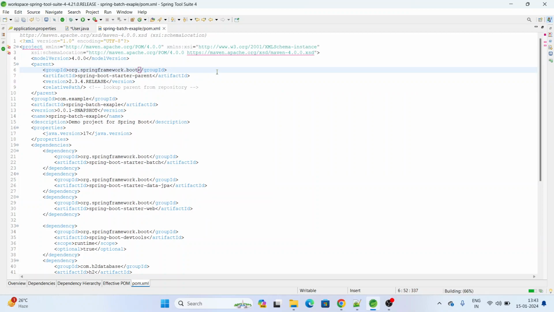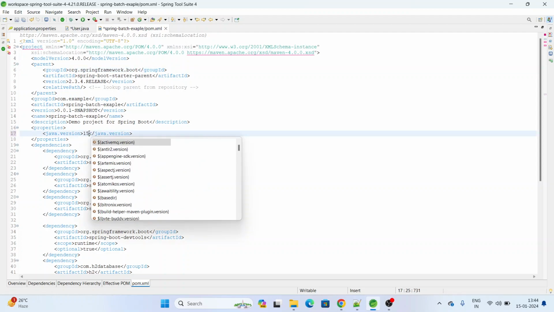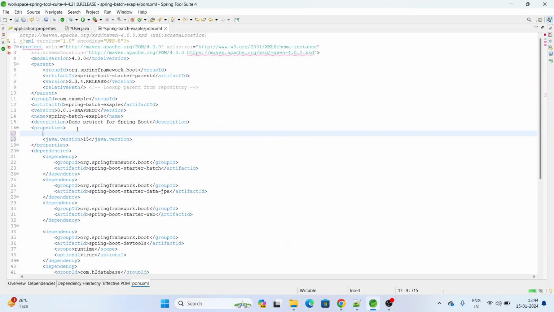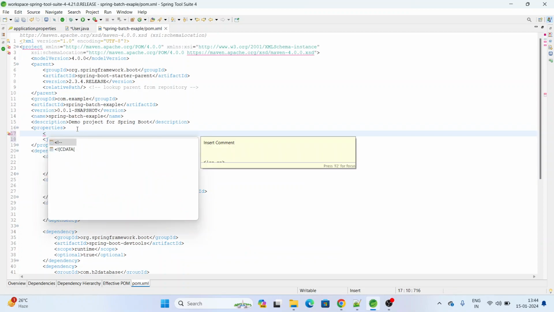So this is the compatible version. So I am going to use this one as the Spring Boot version for developing this application. Okay, so let me add some properties. Here I am using Java version 17. I will make it 15, and I am adding 2 more properties, that is